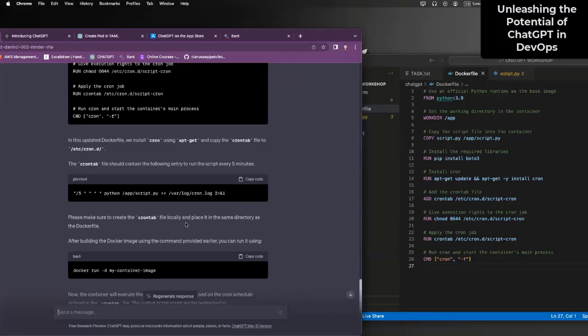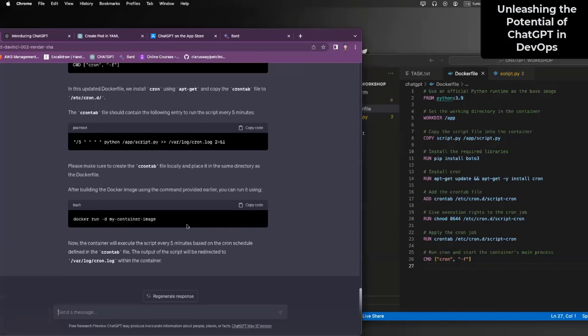So after this one, maybe we can be creating our resources using a Terraform file. So I can be asking ChatGPT to create a main.tf file, or maybe CloudFormation for us to create our resources in the cloud environment. Okay. So here,